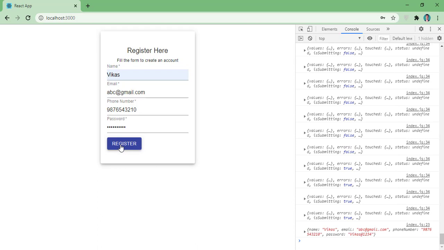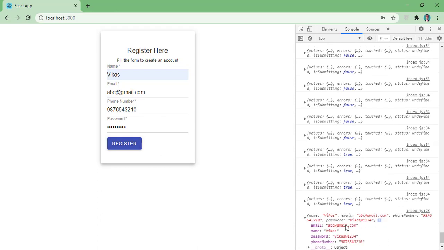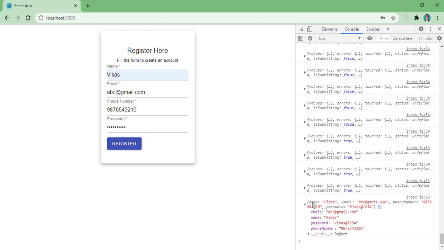Let me hit on this register. Okay, so here we are getting this value. We have clicked on register, that means this form got submitted, right? As you can see, we have data here. Now this value has to be reset, meaning this value should not be here anymore.